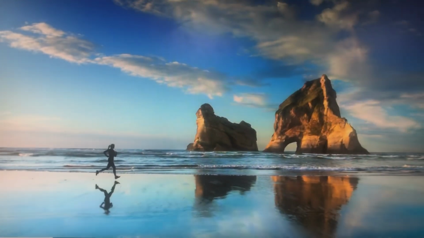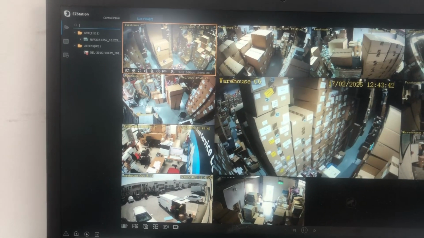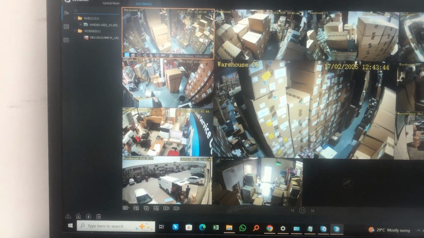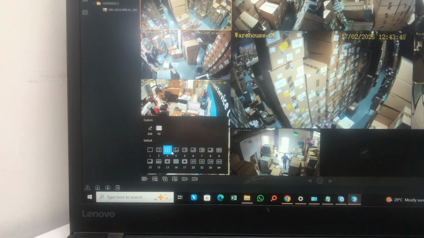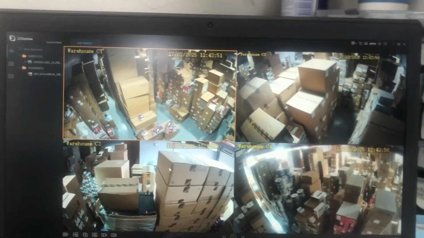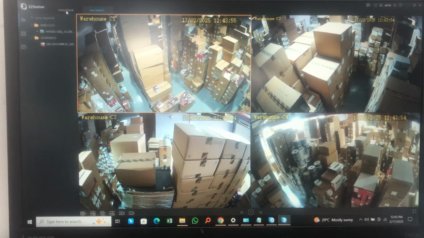So this is the second monitor, and what I will do is first I will open one live view. For example, I open this live view and I will make this one as four view just to show you. Then I will go again to the second live view, another live view where I can make